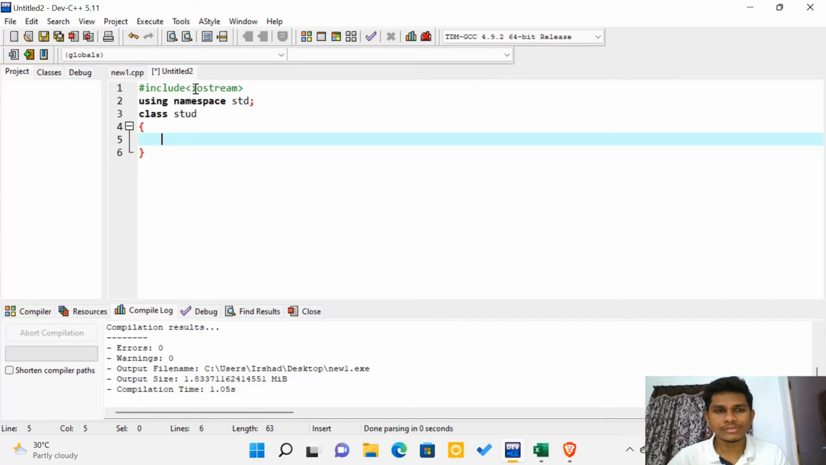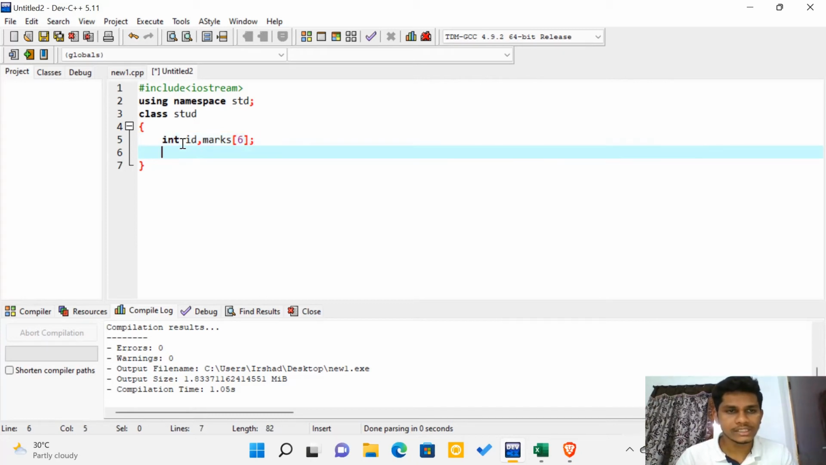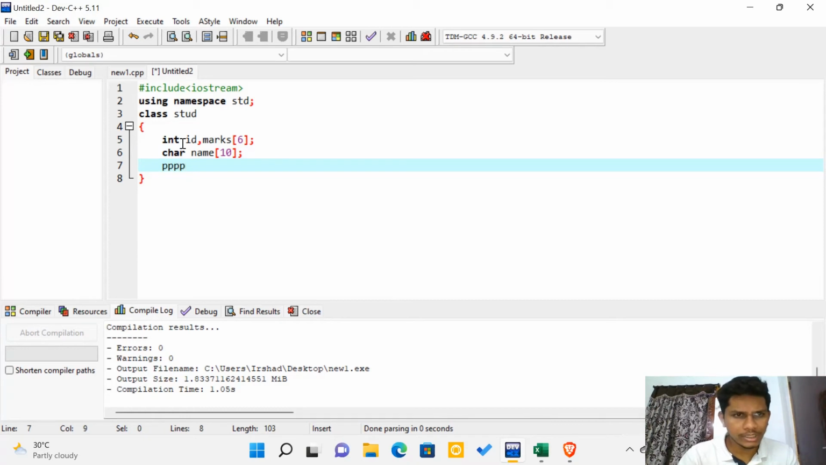So we cannot define a large number of objects like that. So with the help of arrays, we are using arrays in our class itself. That is our main motto: integer id, and marks would be 6. For example, Telugu, Hindi, English, Maths, Physics and Chemistry, and then a character array would be my name. Okay, this looks good. After that, in public,